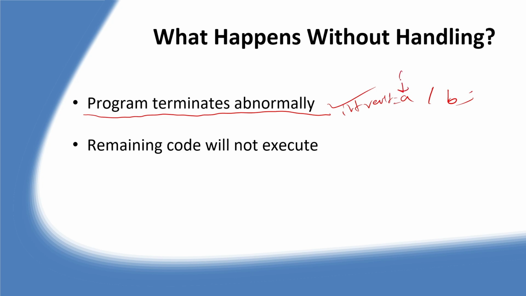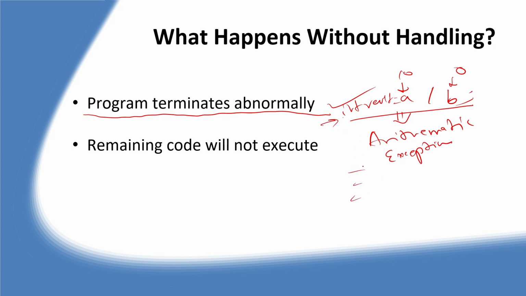So a is 10 and b is 0. So in this line only we will get an exception called arithmetic exception. So what will happen? Whatever lines of code we have written after this line will not get executed. In this line only we will get the exception, and the exception will print in the console, and the program will terminate